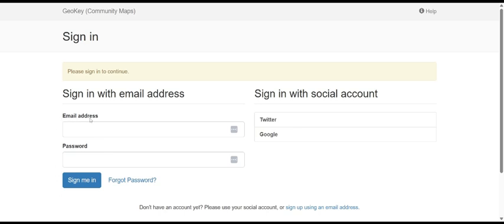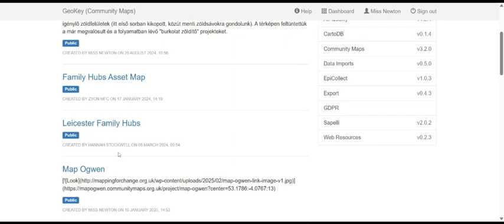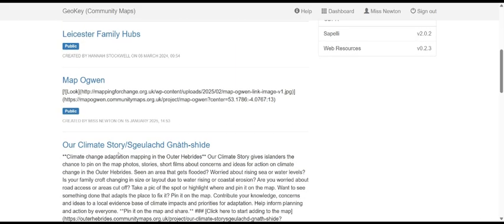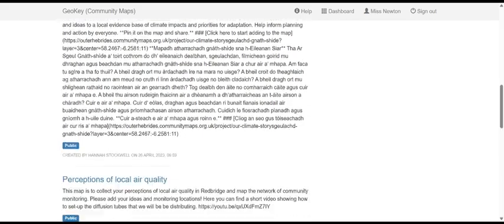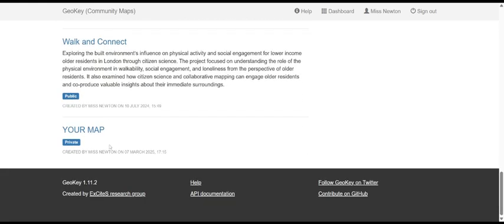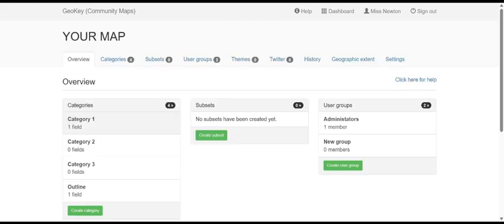You will need to log in if you have an existing account or register to create an account using the link below. When you log into the dashboard, you will see listed any maps that you have access to. To edit an existing map, select it from those listed, which will take you to the overview page. The main tabs that you will use here are Categories, User Groups, Geographic Extent, and Settings, which we will cover